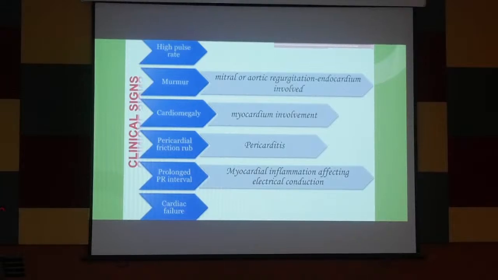So what we get in the patient: heart failure, high pulse rate, hyperdynamic pulse, prolonged PR interval in ECG, S3, S4 sounds, okay, in the ECG heart failure signs. Pericardial friction rub, very important for the patient of pericarditis, okay, cardiomegaly in X-ray, myocardial involvement, and murmur when auscultation is in process. Between S1 and S2, within this gap, you may hear a murmur. Have you listened to a murmur someday? Anybody in your world? No murmur. Okay, you will get in your clinical posting that the